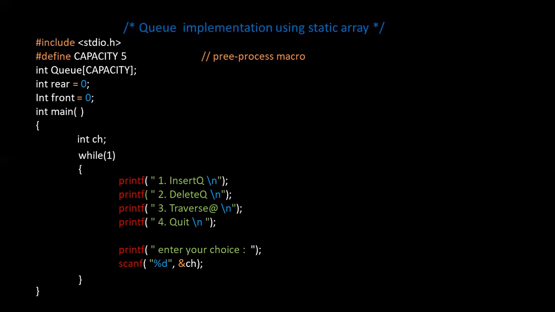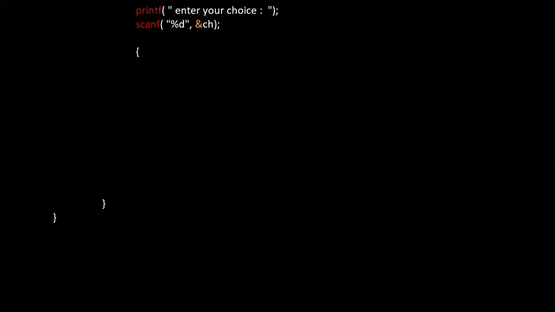Now, it will come out of the loop whenever we enter the option 4, and then we need to exit the program. For that we need to make certain changes in the logic. Since in the program without a switch, whatever number we give, it is going to run continuously. So to make this logic work properly, we need to use the switch case. Here switch of choice depends on the choice we are calling, so switch of ch.